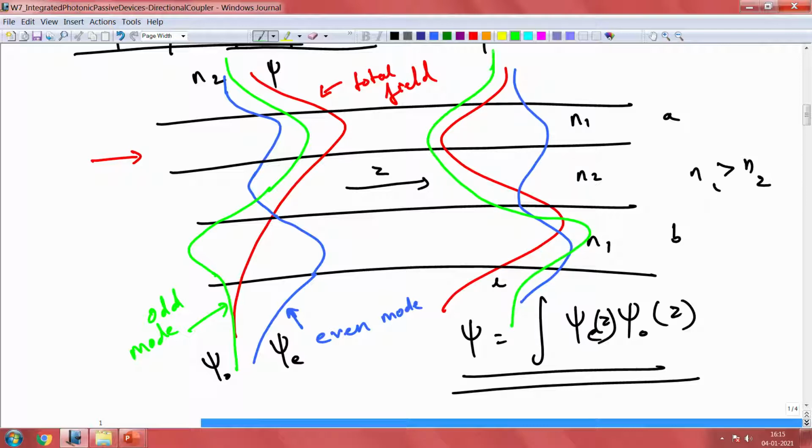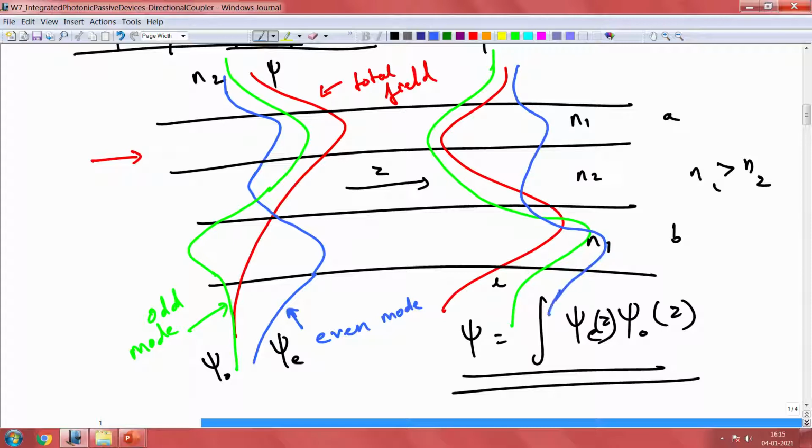So, this is our even mode. And you can see here the implication of having the phase difference between the odd and even mode, and that puts the major power. Maybe I should show it explicitly here, this will be smaller here,